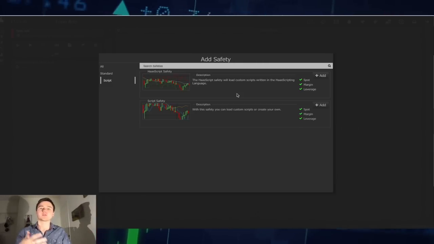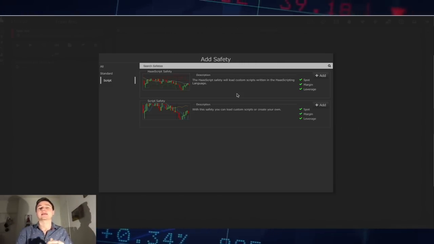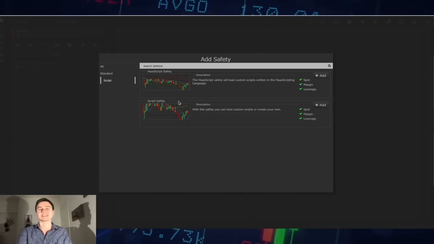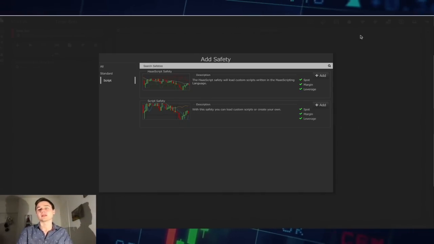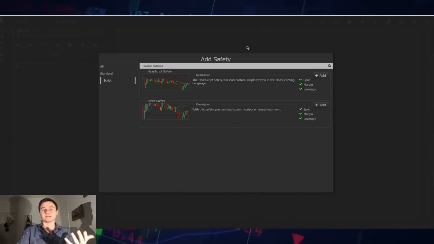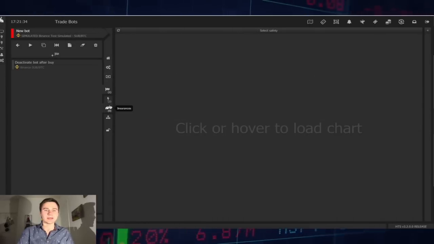We might be able to help you in creating that, and then you are able to type up a unique script to connect to your HaasOnline bot, and then you have something unique in the market trading for you that nobody else has. So that's as far as safety nets are concerned. Then the next thing is